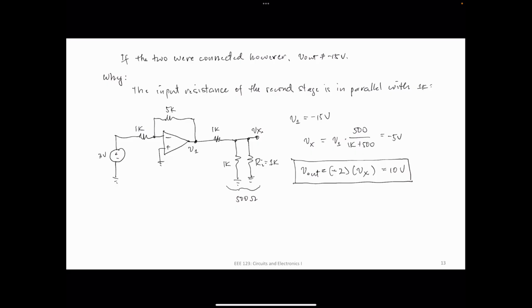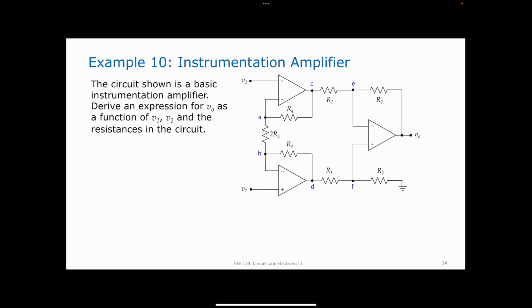Okay, so again, the takeaway here is you have to consider the loading effect an input to an op-amp might have on the output it is connected to. Okay, this is the last example, and this is an instrumentation amplifier. If you take a look at this particular circuit here, this is just the difference amplifier that we took up earlier,